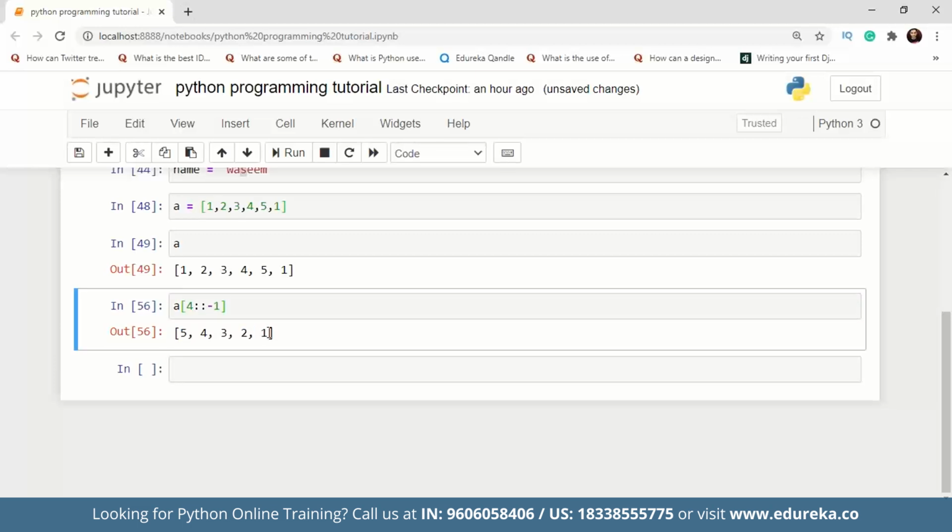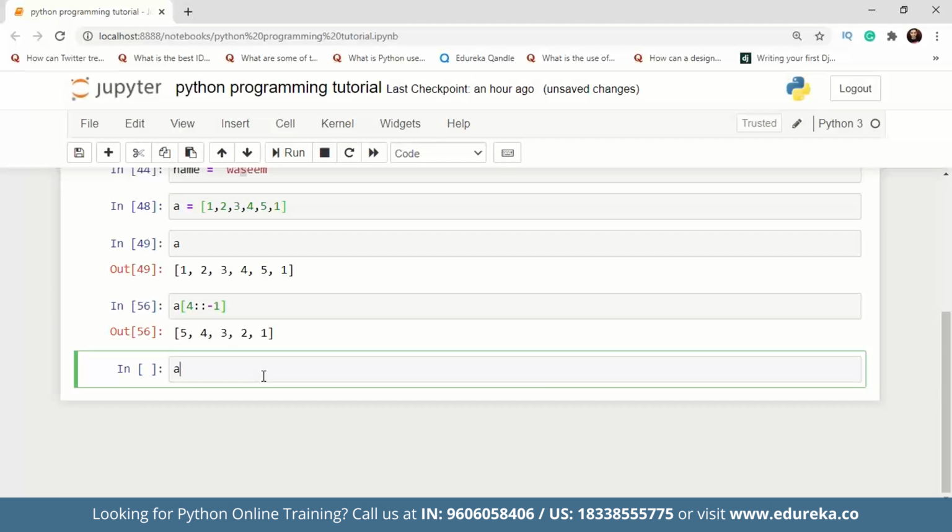All right, so this is all about list, guys, and list also comes with a lot of methods that you can use. So basically, these are the methods that we can use for a list, which are reverse, remove, pop, insert, index, extend, count, clear, copy, etc. So if you want to know more about these methods, how we can use them, we have a full tutorial on list in Python that you can use.